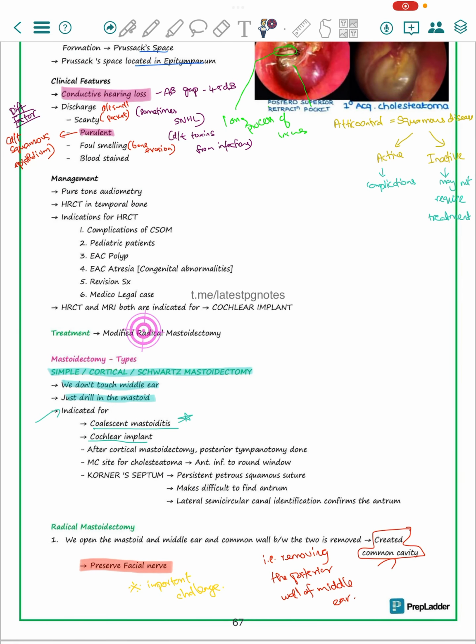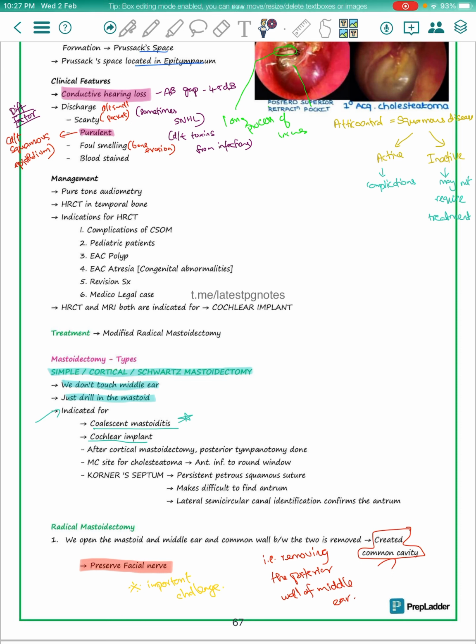Then we come to the treatment part. The treatment here is the modified radial mastoidectomy, whereas in the treatment of the safe type, as we have seen, first we need to use antibiotics, then when the stage is inactive, we can proceed to tympanoplasty. But here it is